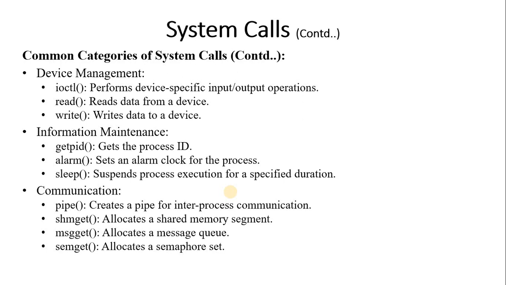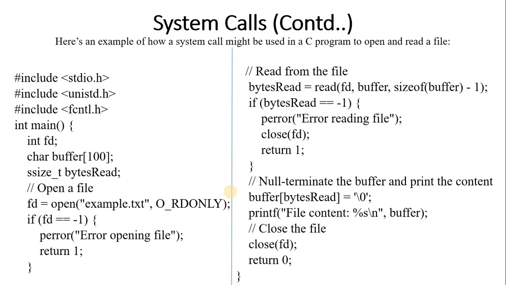Now these are the different types of system calls you have. And here you can see a sample program in C, where you can read the data from the file and you can print the content from the file. Here you can see